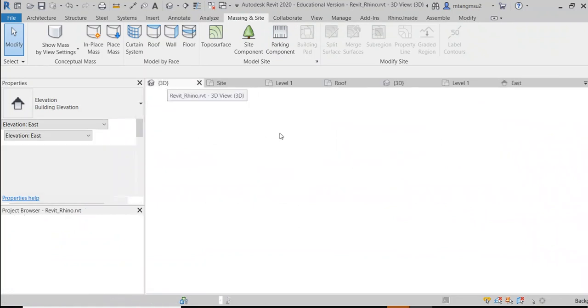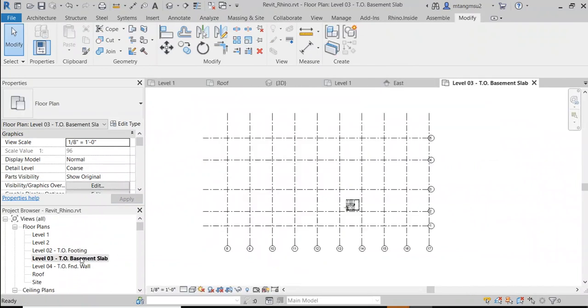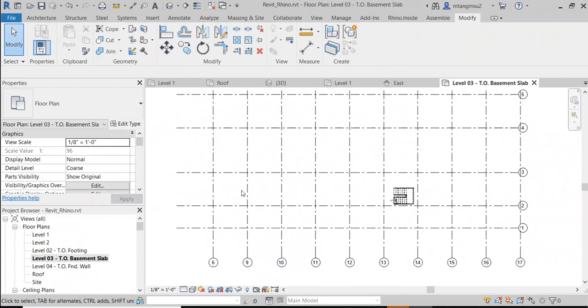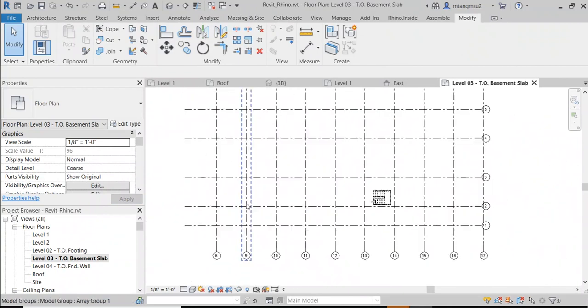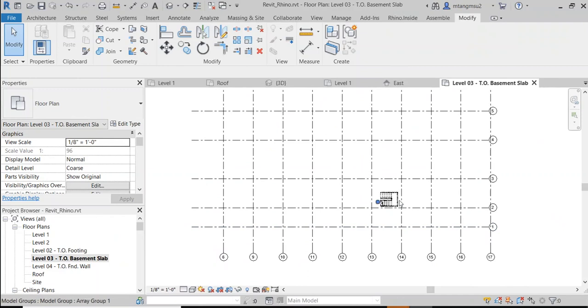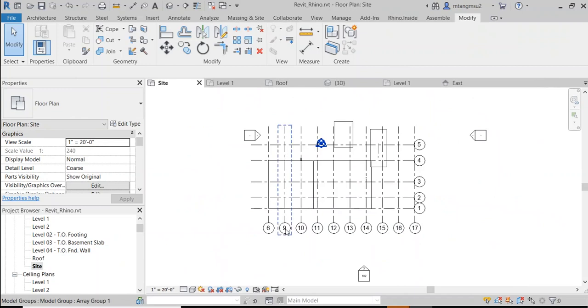So I will show you how to do this, starting from scratch. The first thing, I will switch to the right level. I know I'm interested to create my stair from the basement. So this is my basement level, and I want to just simply create a stair. This is the place where it's really handy if you have a grid. The grid is always visible, so I know exactly, in the future, if I go to my site,